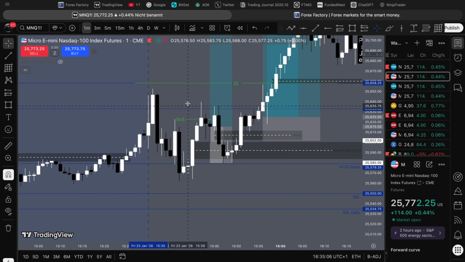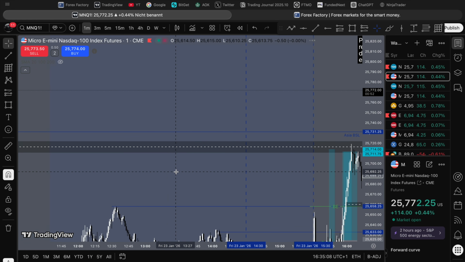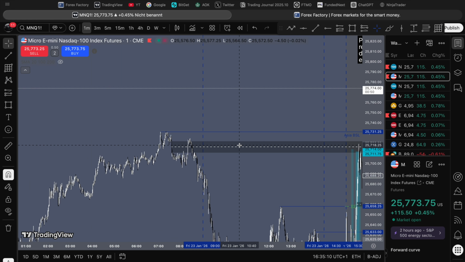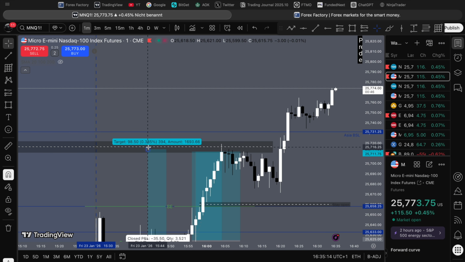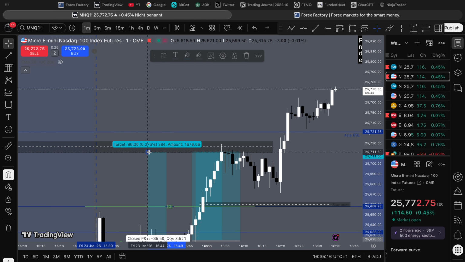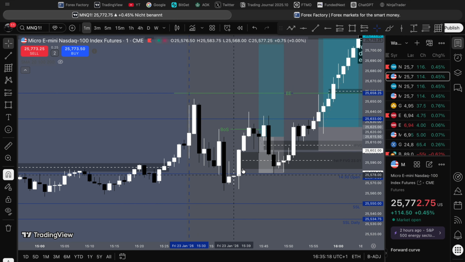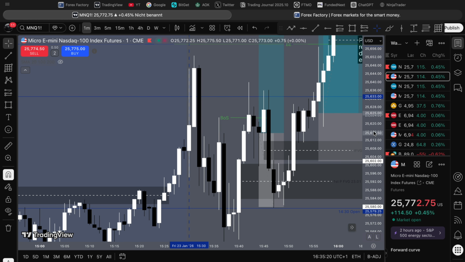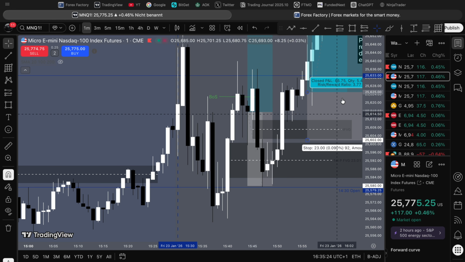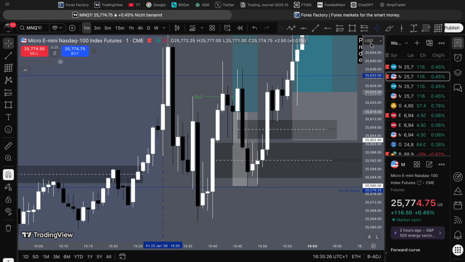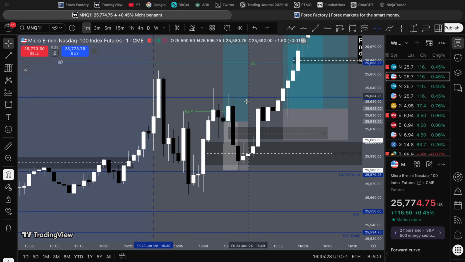And I wanted the price to go to this fair value gap from Asia session. I could also have had this Asia session buy side liquidity as my target, but I made it here. And I got stopped out right by a tick. Then I waited for another opportunity for another long. And then we have this fair value gap. It got inversed here, and then I waited a little bit and made my entry at this.